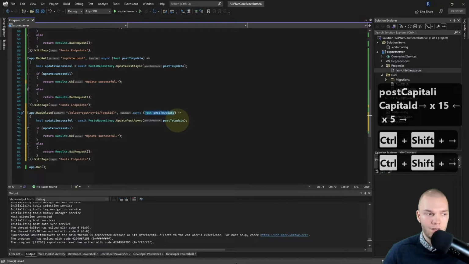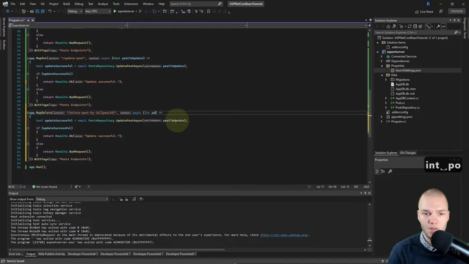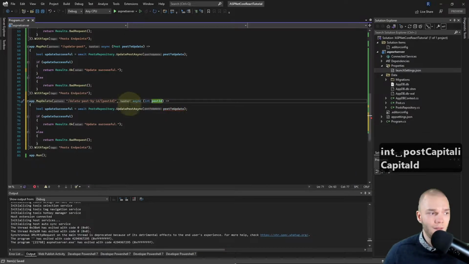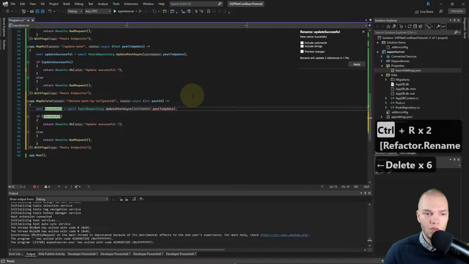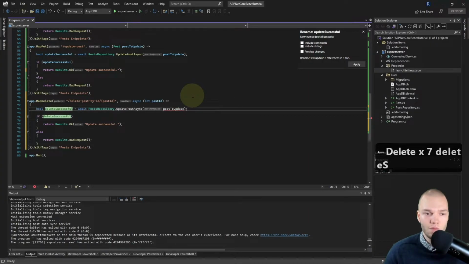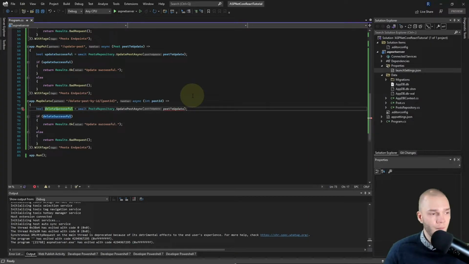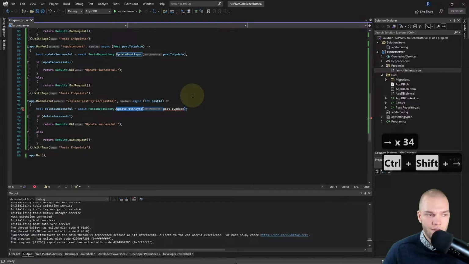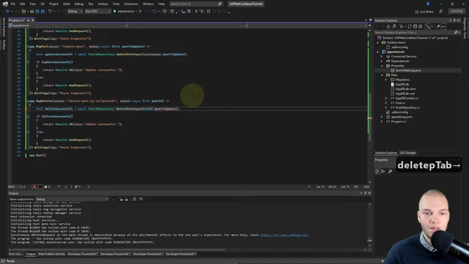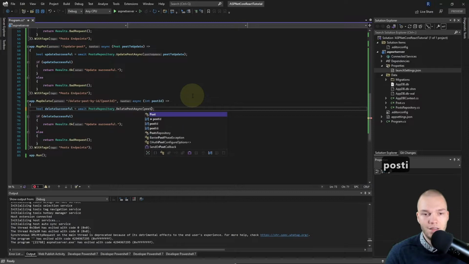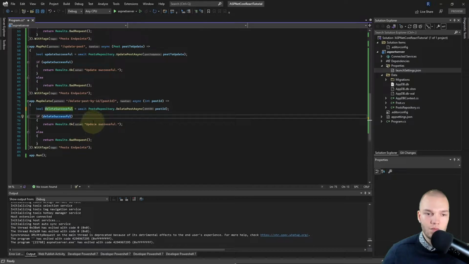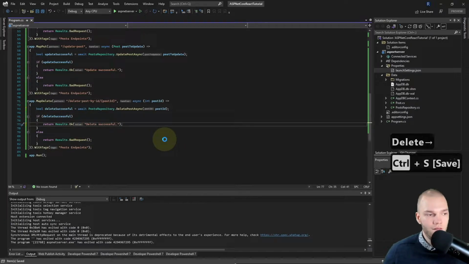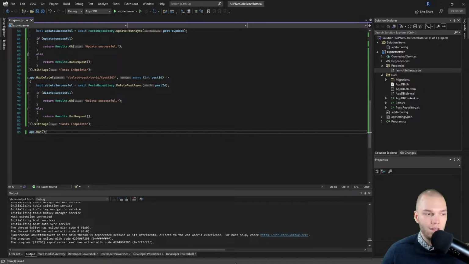And in the handler I'll change the parameter to int post ID, and I'll rename this update successful to delete successful with Ctrl+R R, and that value is await post repository dot delete post async, and we'll pass in the post ID here. And if the delete is successful, we will return delete successful, and the rest can stay the same.